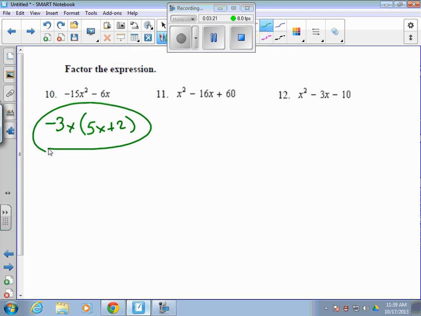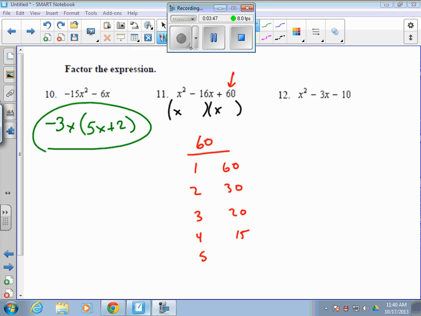Okay, to factor out number 11, open up 2 sets of parentheses and have x times x. We're just going to work FOIL backwards. You have to look at your factors for the number 60, or the third term, or the C version. Factors of 60 are 1 and 60, 2 and 30, 3 and 20, 4 and 15, 5 and 12, and 6 and 10. So which pair of those, when you add them or combine them, either positive or negative, will give